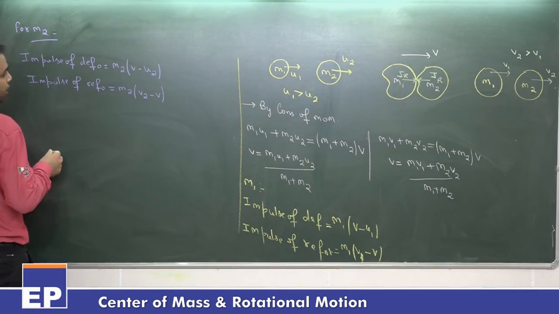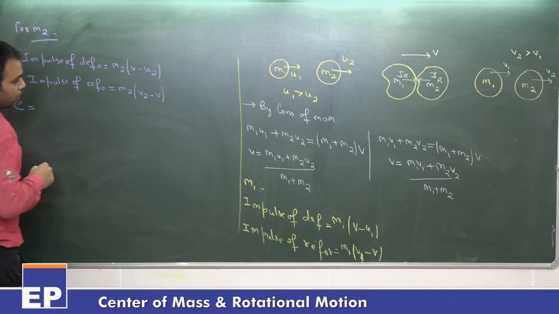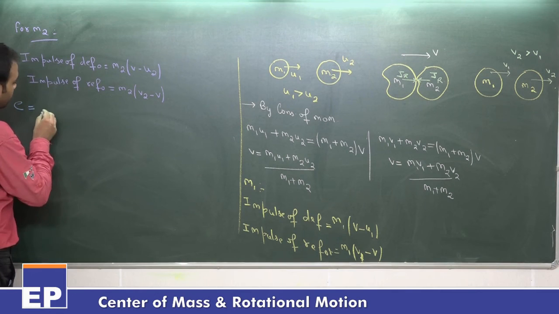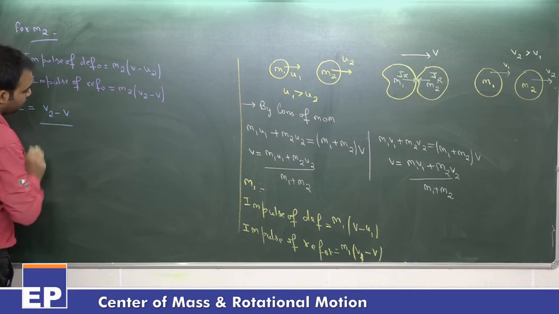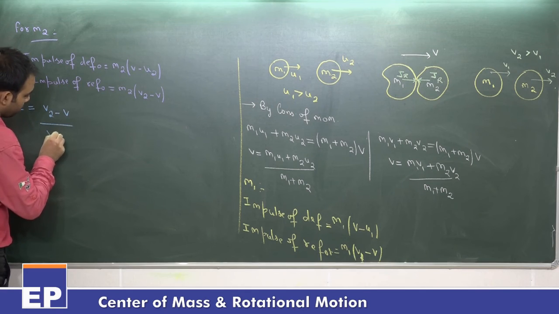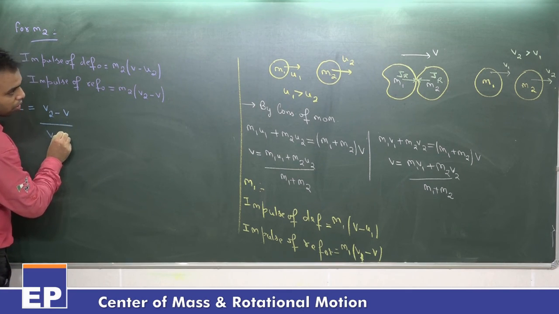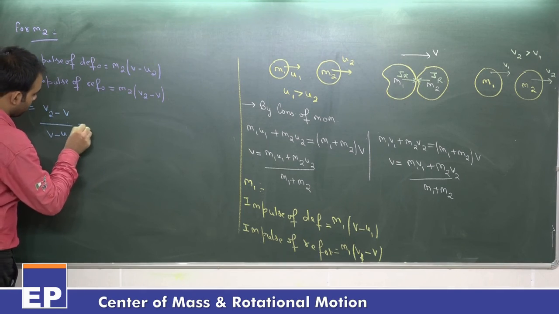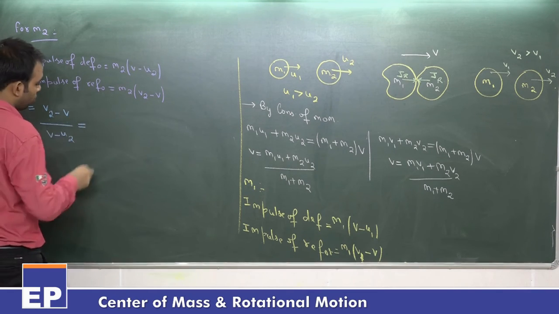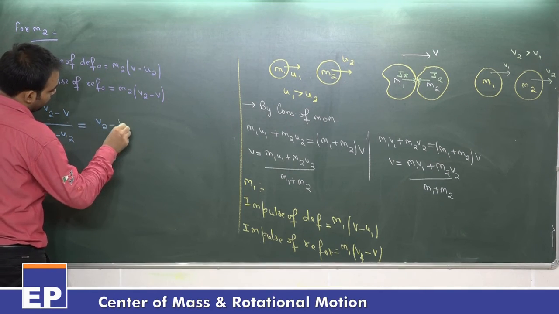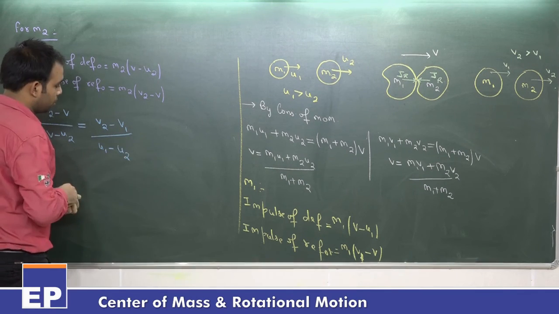Now, what is e, like e we are going to write, that is impulse of reformation. Impulse of reformation, suppose I write for m2, that is v2 minus v. What is impulse of deformation, that is v minus u2. Put the value of v there. When you put the value of v there, you will get v2 minus v1 by u1 minus u2. This is basically